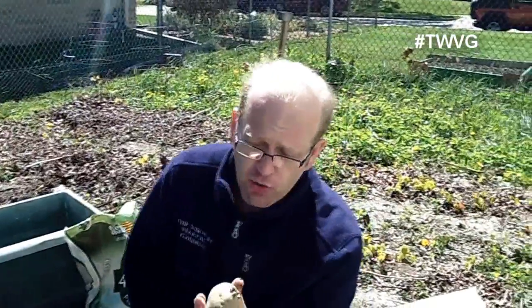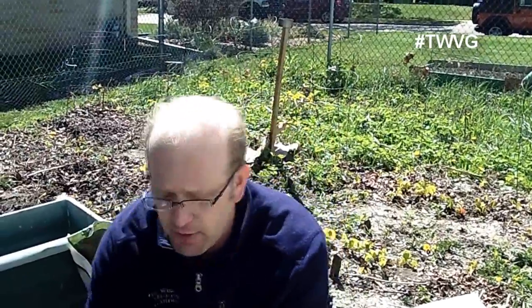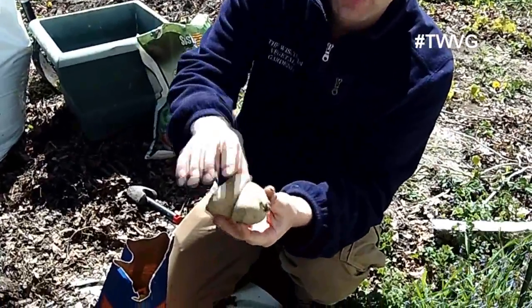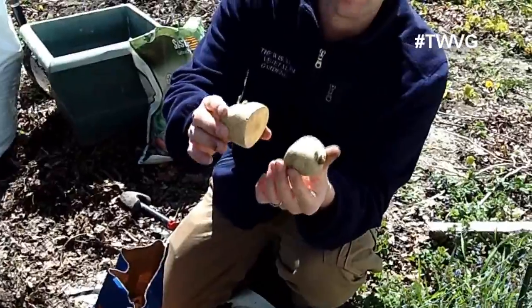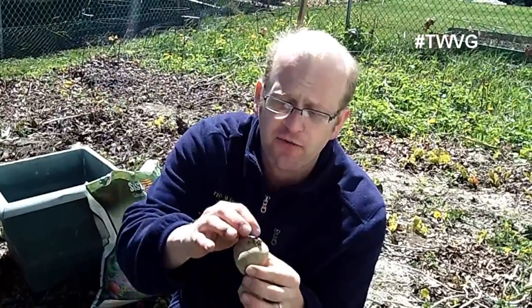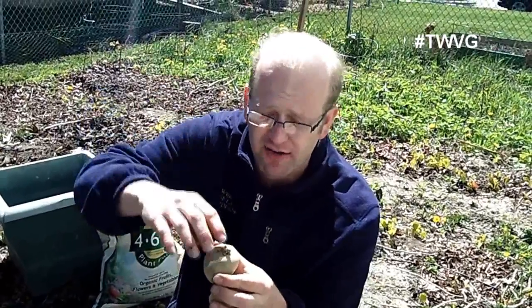Let's talk about chitting and cutting the potato. You want your potato to be no smaller, no matter what you do, if you're going to cut it and cut multiple eyes on it. Let's pull another one for example. Let's say that was a full potato, and each of them are no smaller than a medium-sized chicken egg. That's important because this potato itself is the energy for what the eye will produce, the stalk, and at some point